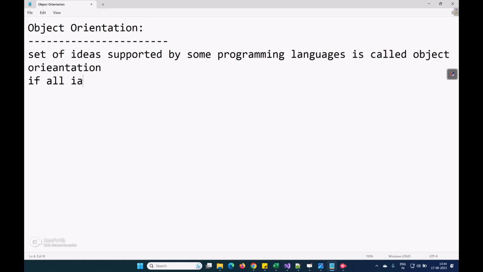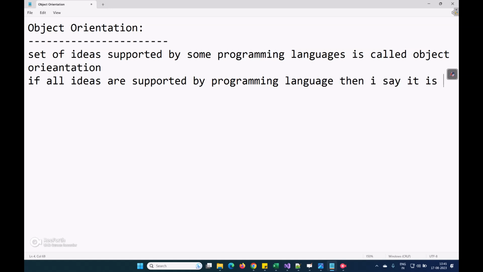If all ideas are supported, notes and all I will give you. You just concentrate. If all ideas are supported by a programming language, then I say it is a fully object oriented language.